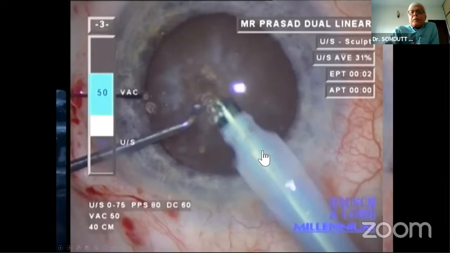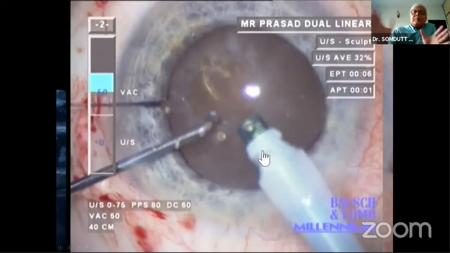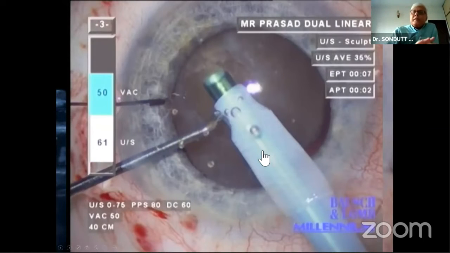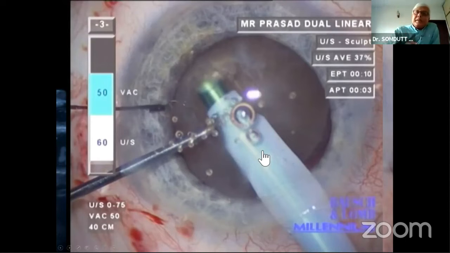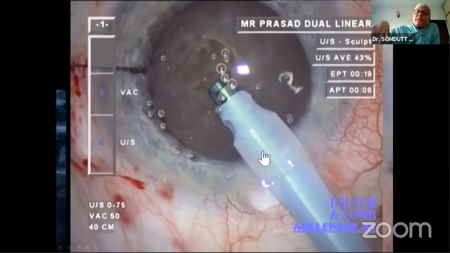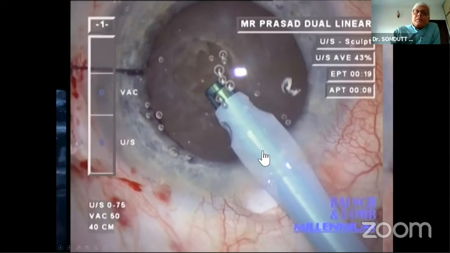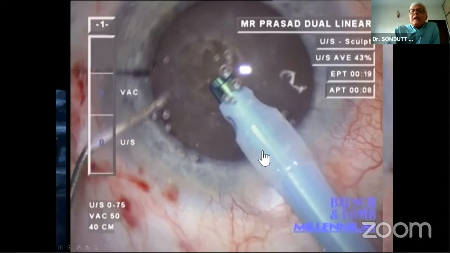I'm going to do a stop and chop. I'm not going to do fancy chop here because I don't want the lens tilting. I don't want any pressure on the weak zonules. You watch on the right, the zonules are going. The zonules I told you were intact, from where the thing was lying. Those are going. You watch what I'm doing, so I stop.